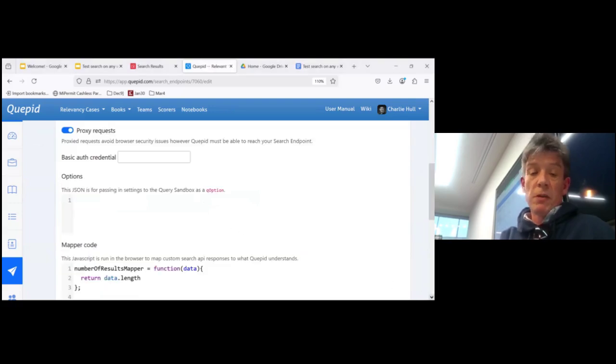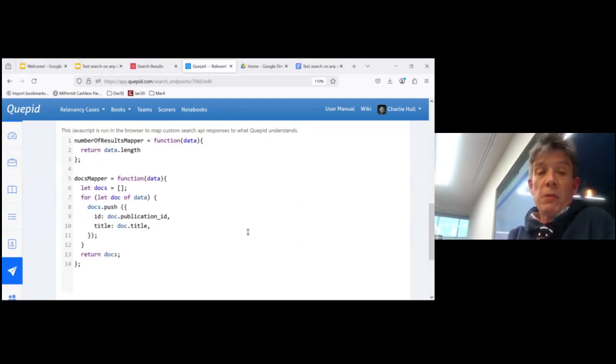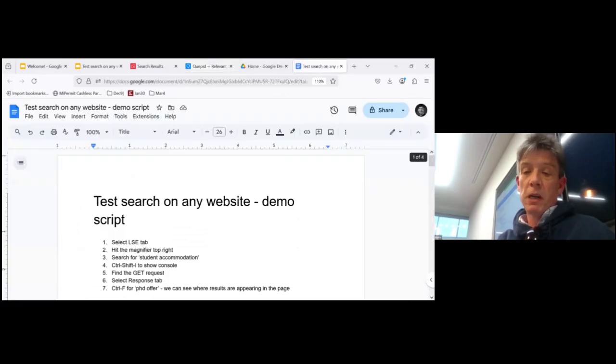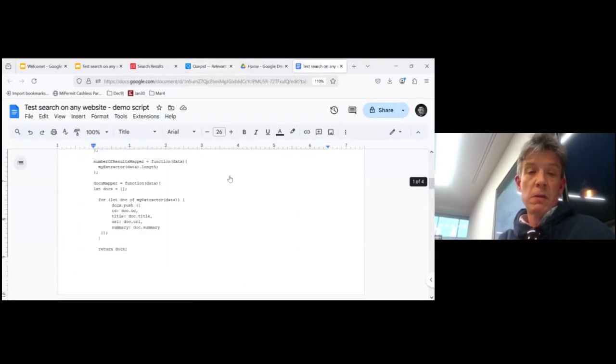I've got this bit of JavaScript. And this is where I'm going to try and extract the search terms out of that HTML. So let me now very quickly copy and paste in a bit of code.